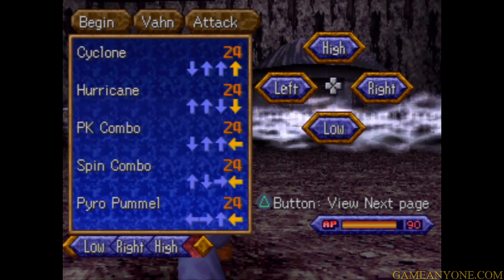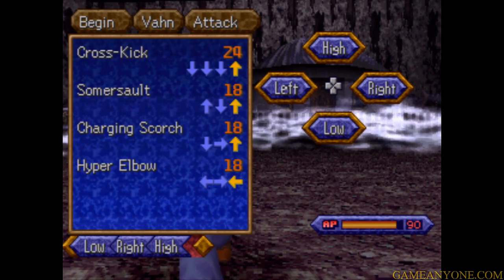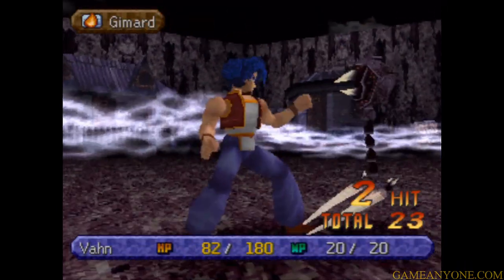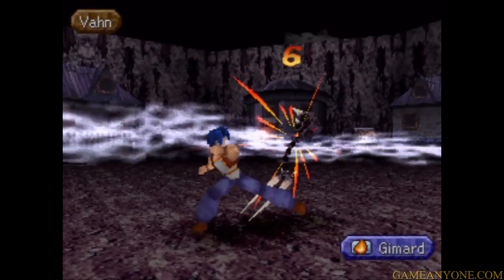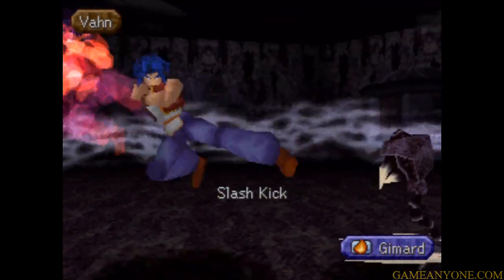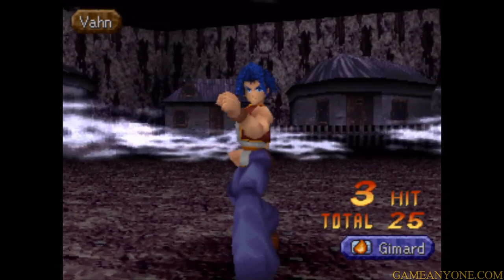So okay, I think we've already got up, down, up because that was Somersault. So now we want to do up, down, and left. And again, I'm already back in the yellow. This might finish him if we hit him here, though. Whoa! Yeah, that's kind of a cool one, too. It's a little bit weird looking, but...